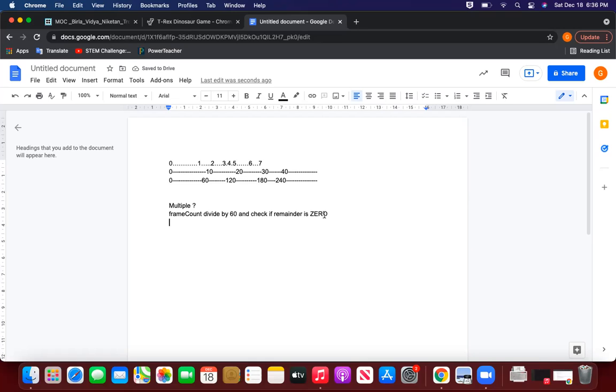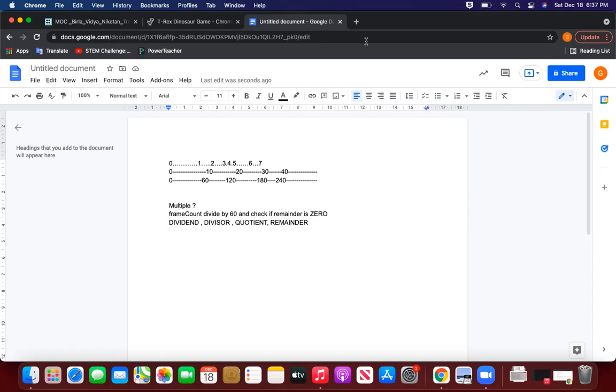Whenever you divide a number, you have a few things: one is the dividend, one is the divisor, the quotient, and the remainder. These are the things we have whenever we do a division.